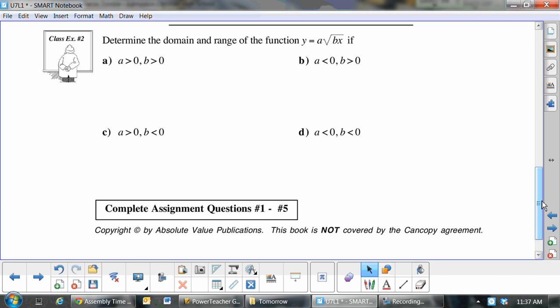Okay? Well, the first thing is to ask yourself, do you know what it even looks like in the first place? Okay? So what's the domain here? This is x is greater or equal to 0, and y is greater or equal to 0, right? So that is like the foundation that you got to think about when you're doing these questions. Now, if a is greater than 0, what kind of number is that? It's a positive, and